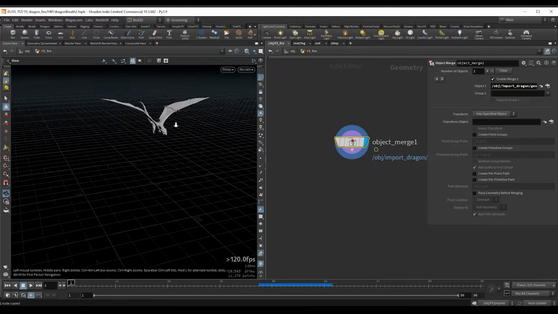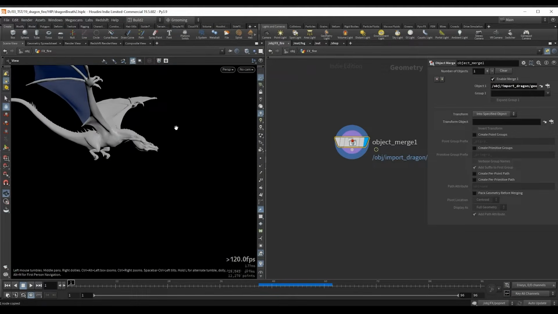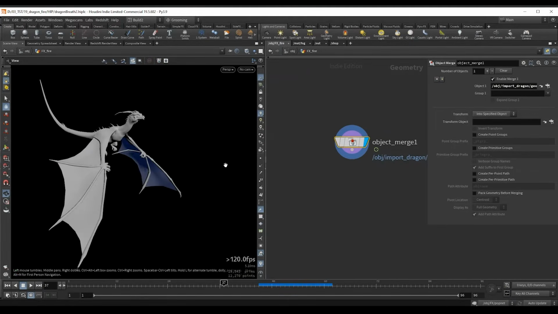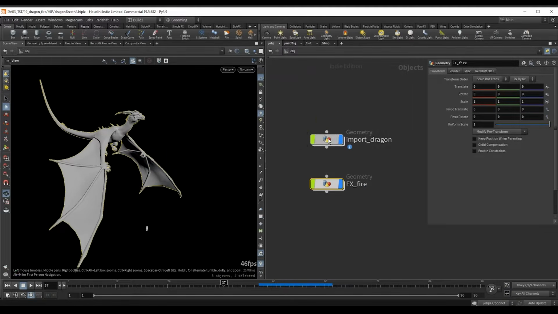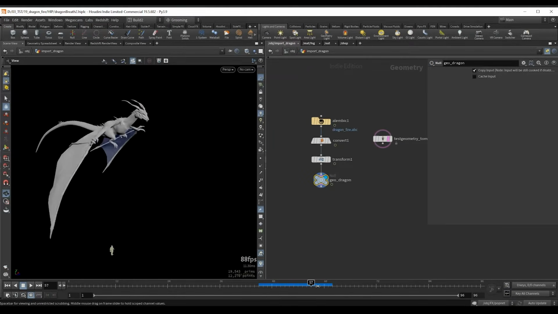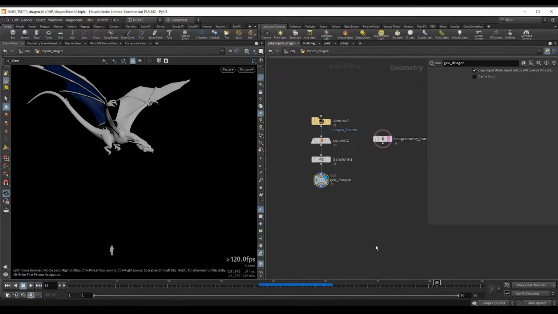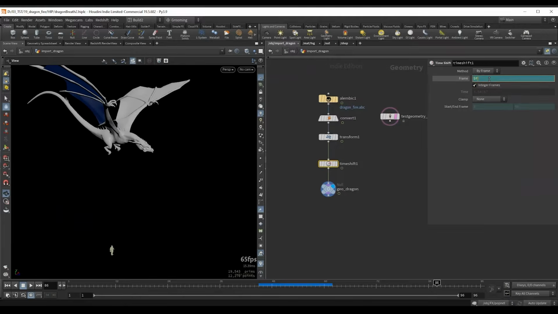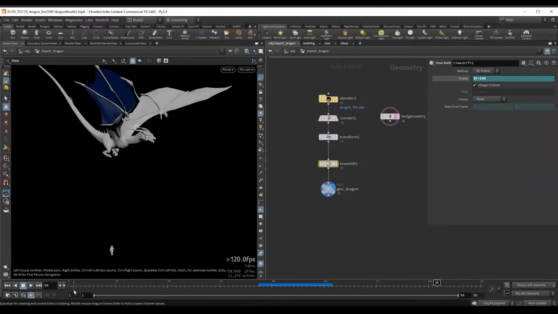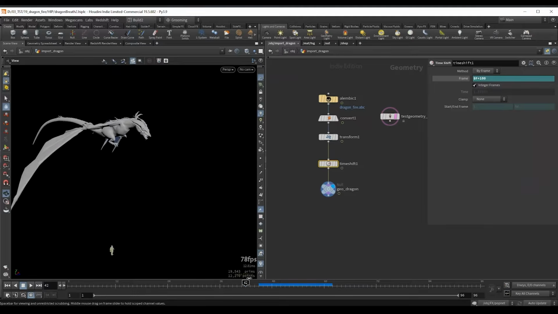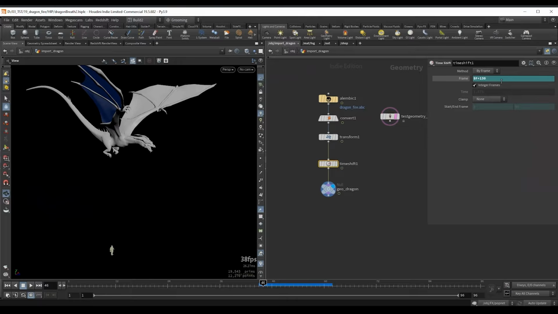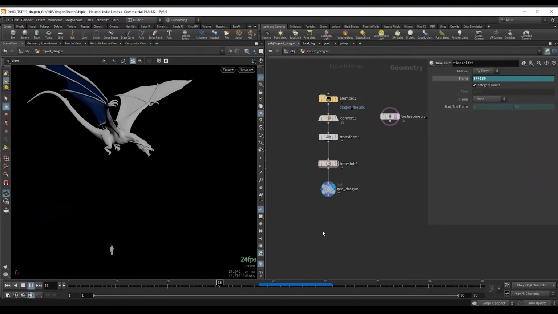We can hide other objects now. The first thing that we have to do is create a source that will essentially shoot out particles from our mouth. Now that I'm seeing this, let's go back to our dragon, and we can see that he only opens his mouth late in this animation. So I'm going to drop down a time shift and push this forward maybe 100 frames. Now if I check the animation, he opens his mouth around frame 46. Let's push this forward maybe 130 frames, so it's a little something like this.